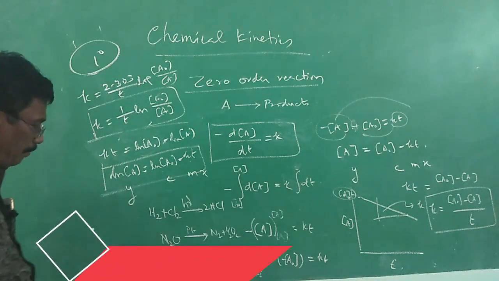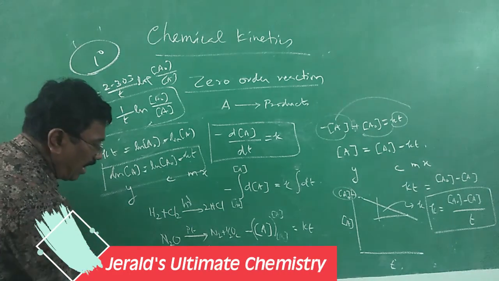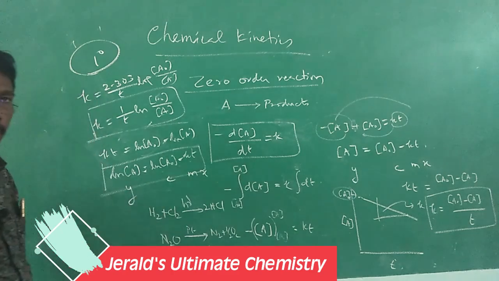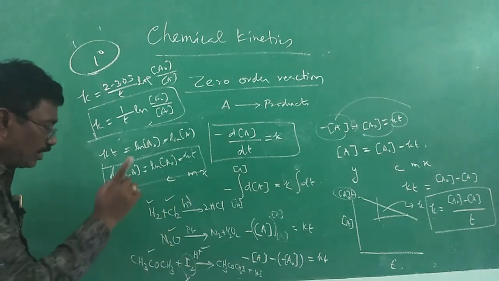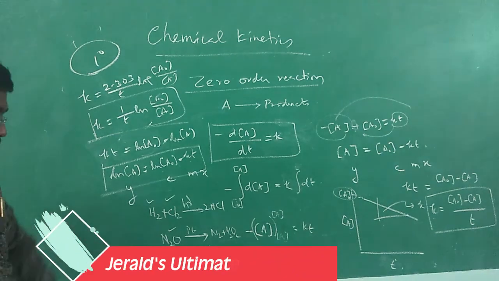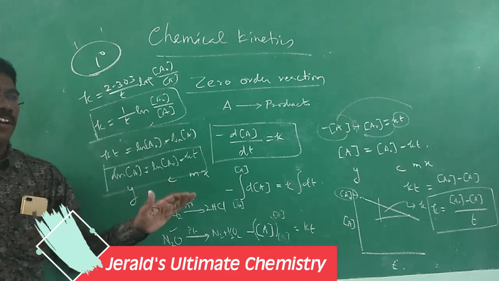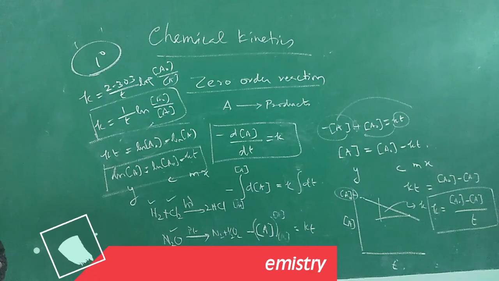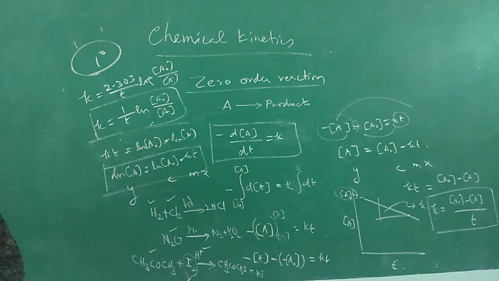In this reaction, the rate depends on the concentration of acetone and the concentration of hydrogen, and not on the concentration of iodine. So zero order with respect to iodine. Here, zero order with respect to iodine, not zero order overall. The reaction depends on the concentration of acetone, and on the concentration of hydrogen. But if we change the concentration of iodine, nothing will happen. Alright, so it is said to be zero order. Few examples for zero order reactions.